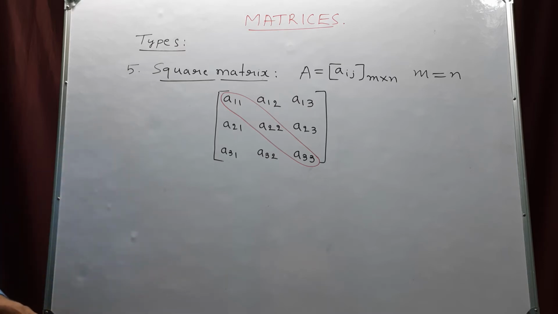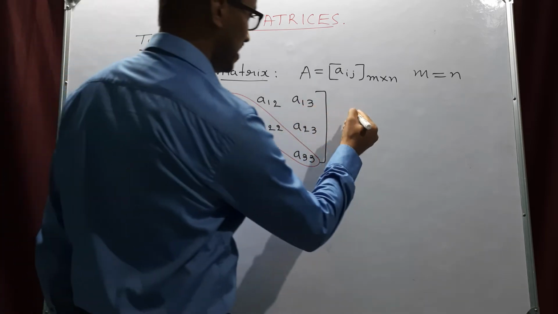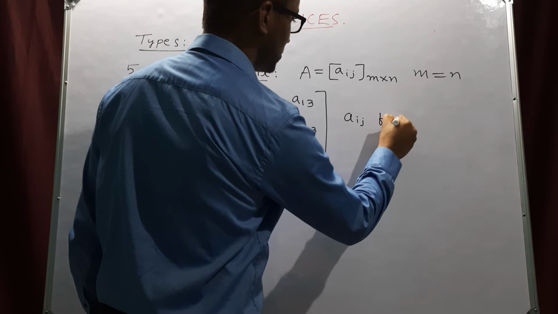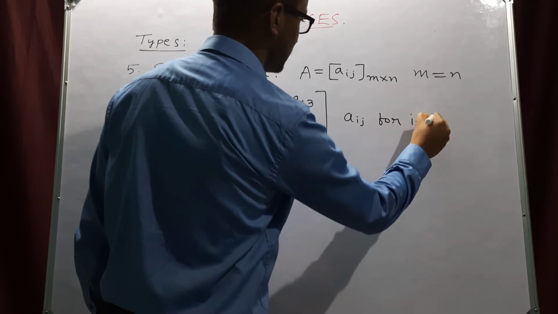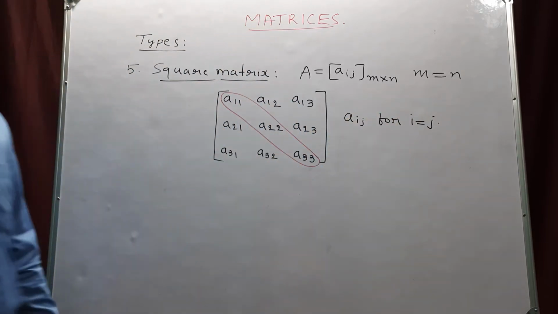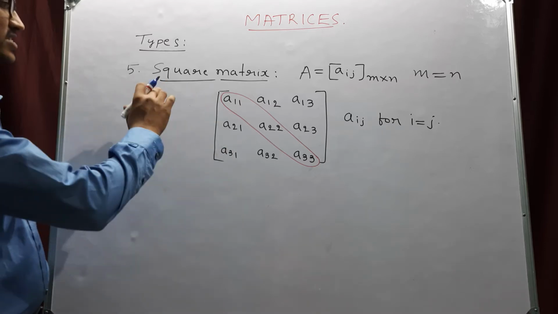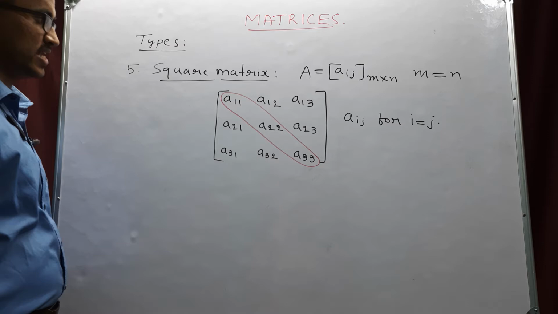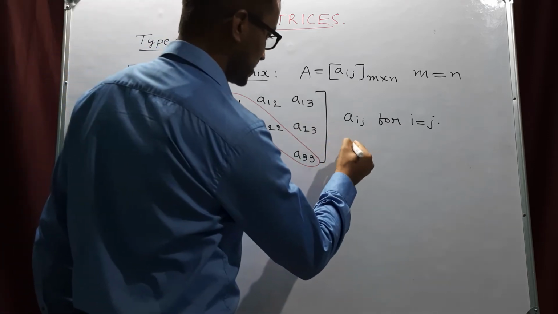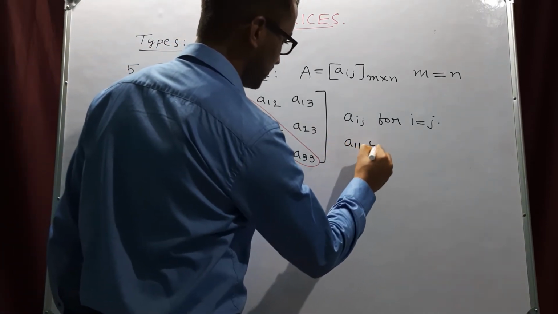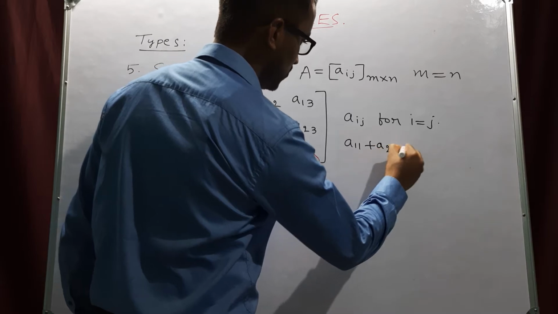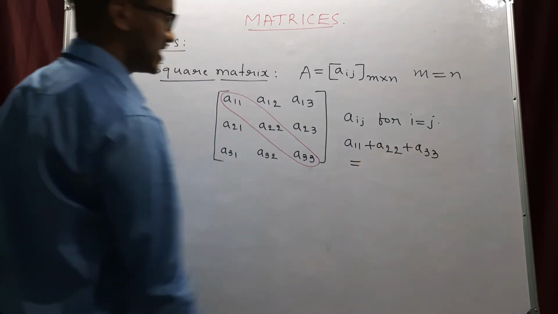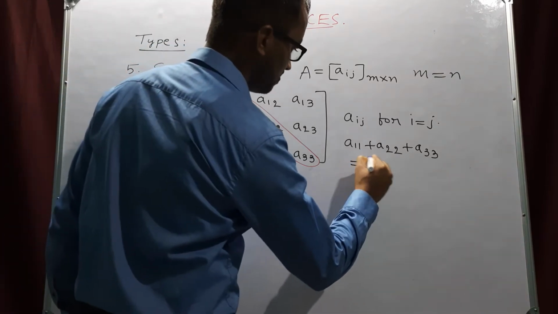So the elements Aij for which i equals j we call diagonal elements in a square matrix. And the sum of the diagonal elements, in this case A11 plus A22 plus A33,